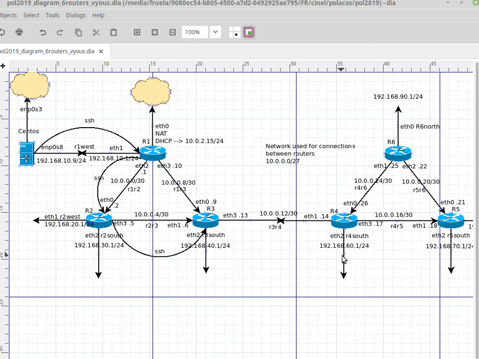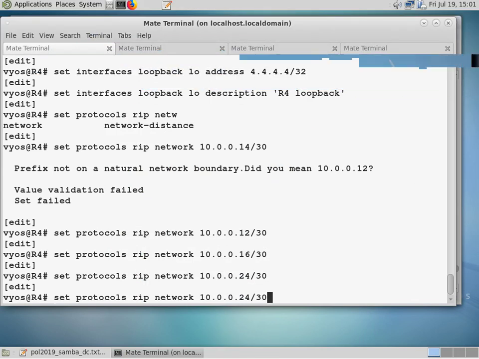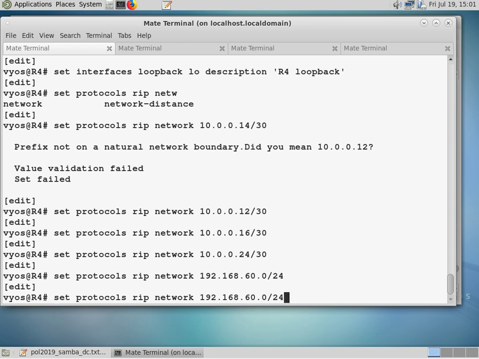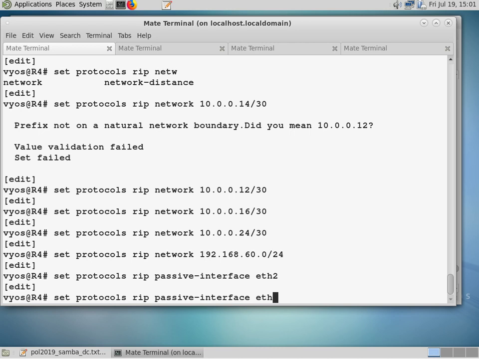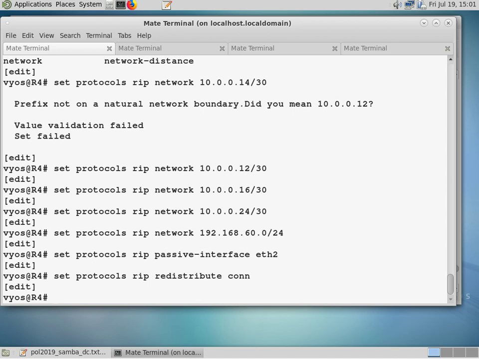And also this network here, HT2 has this network, so it will be 192.168.60.0/24. Now we've got the passive interface here. The passive interface will be HT2, and we'll set it to redistribute connected. And right now commit,